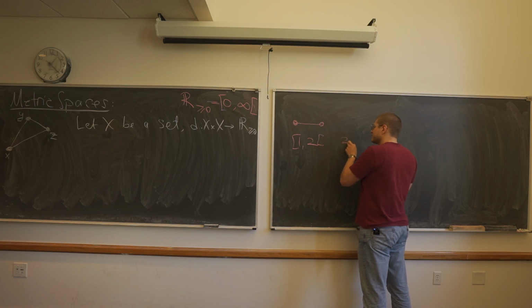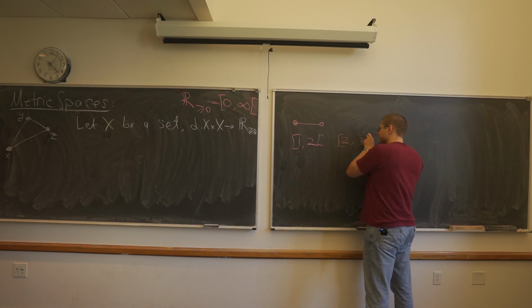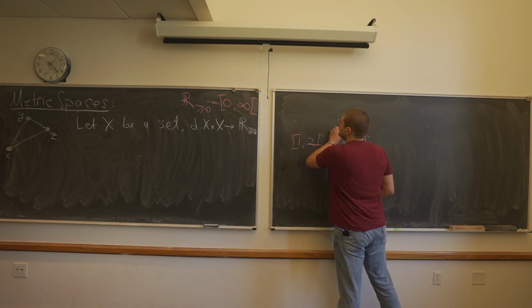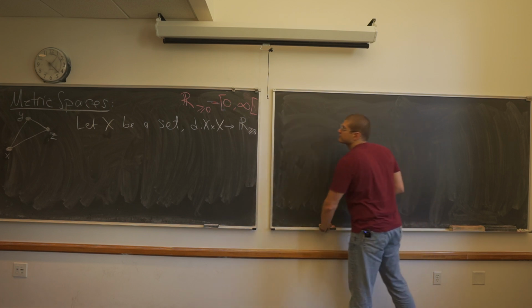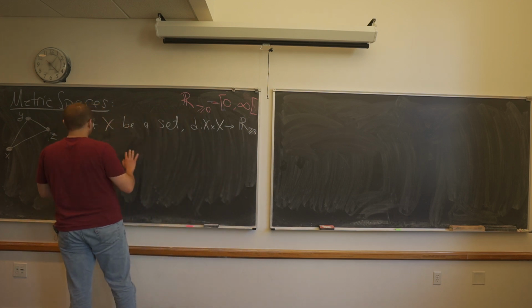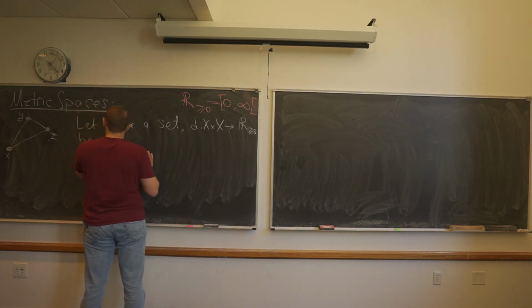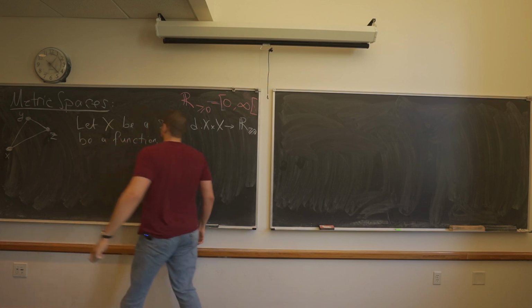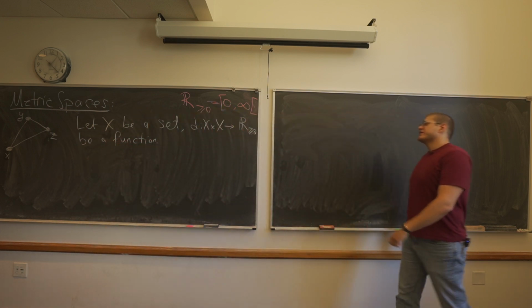And then if you have 2, 3, they're like Lego pieces. That's the idea. A function D is said to satisfy the triangular inequality